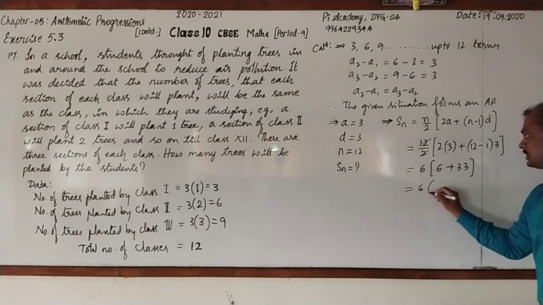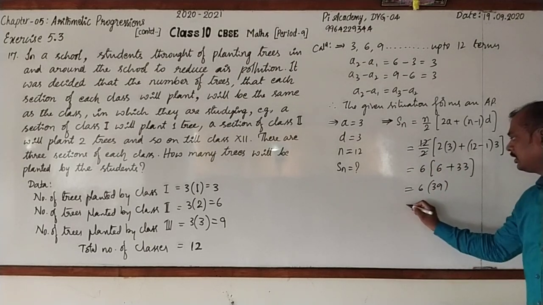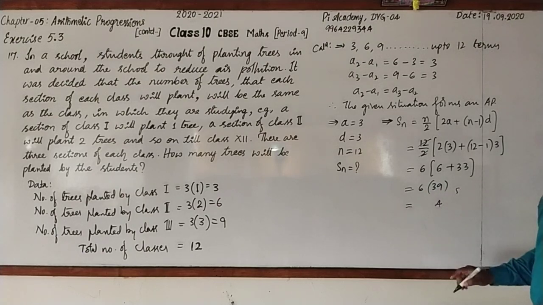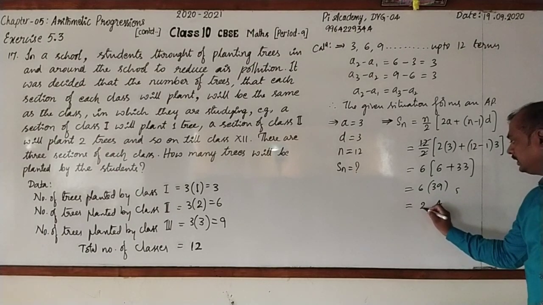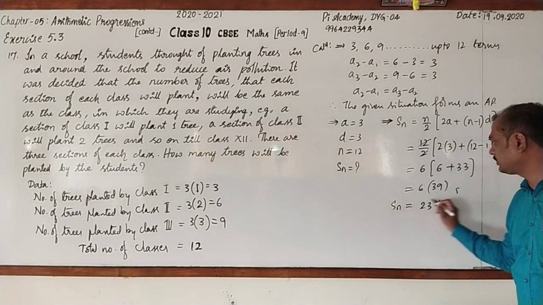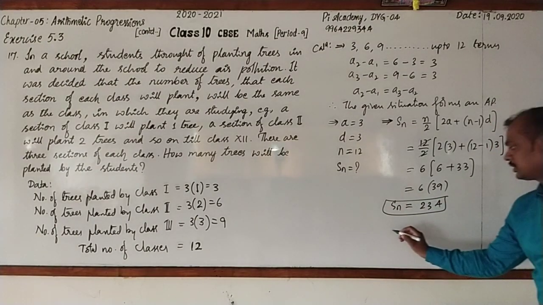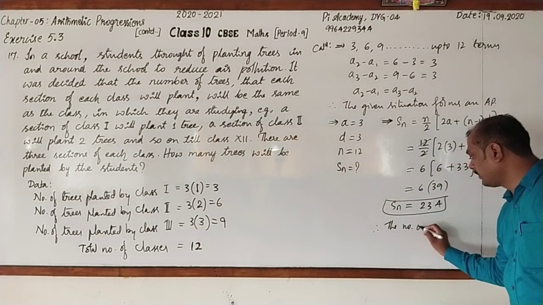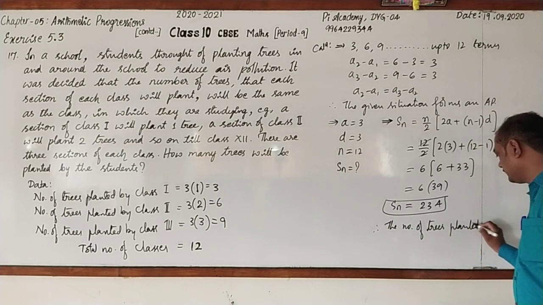It is equal to 6 into 33 plus 6, it is 39. Now multiply. 6 9s are 54, 5 is the carry. 6 3s are 18, 18 plus 5 is 23. So Sn is equal to 234. So conclusion, therefore the number of trees planted by the students